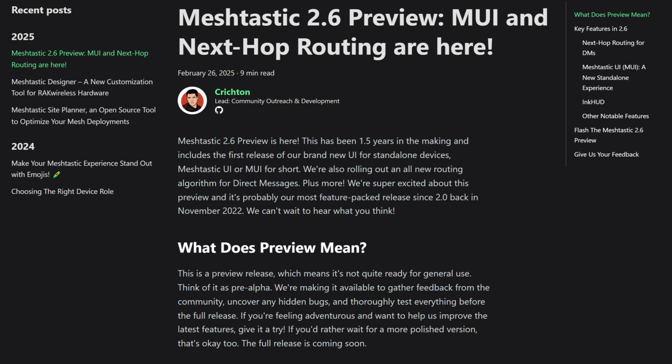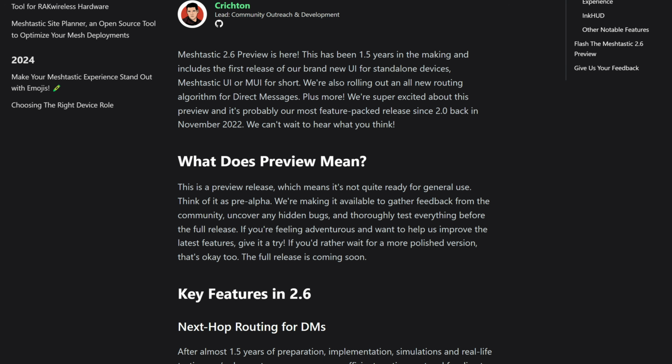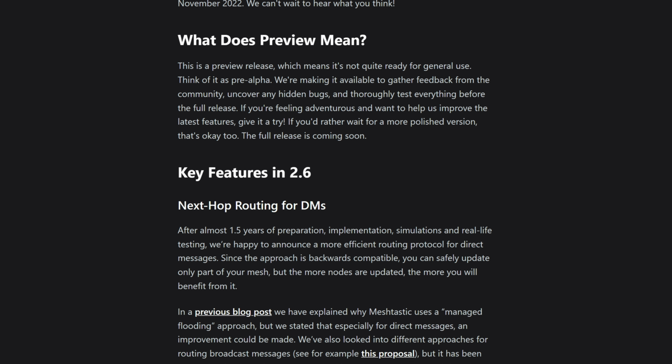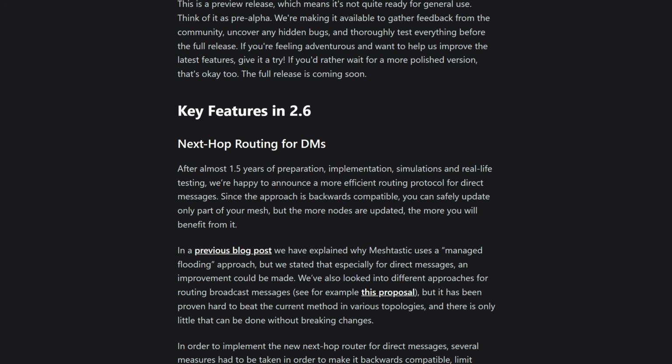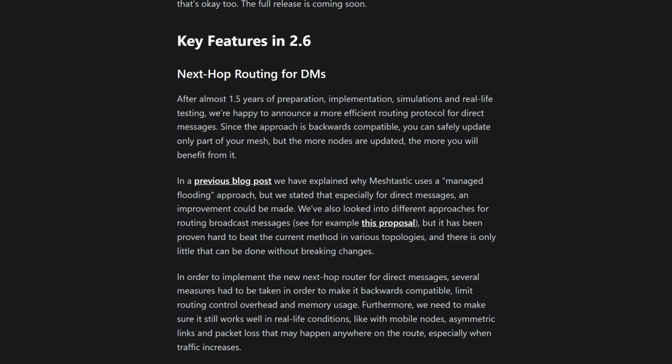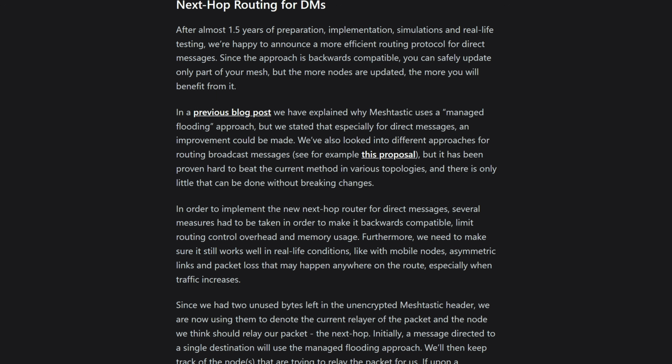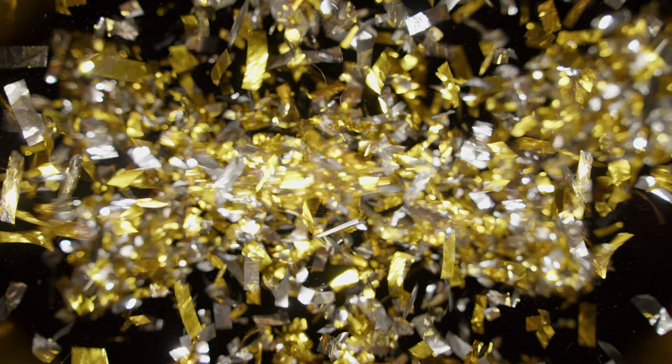The first item in the release notes is both the most important and also the least noticeable by the average person, and that is next hop routing. Meshtastic uses flood routing by default, which means that it more or less broadcasts or rebroadcasts all messages to everyone as long as there are hops left. Many have argued that this really isn't routing, and it's more analogous to spam everyone the messages and hope it